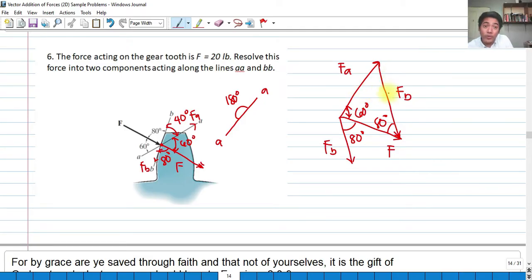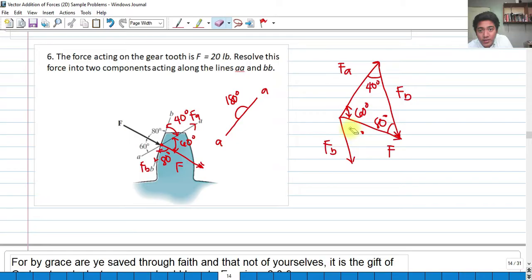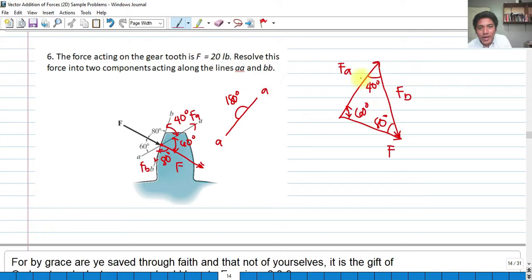I hope you get what I'm trying to say. It's geometry. It's actually trigonometry. So 60 plus 80 is 140. We know the sum of this triangle is 180. So this should again be 40 degrees, which is equivalent also to this. So we have drawn now the triangle. So for simplification, I'm going to delete this. This is now our triangle, such that by sine law,